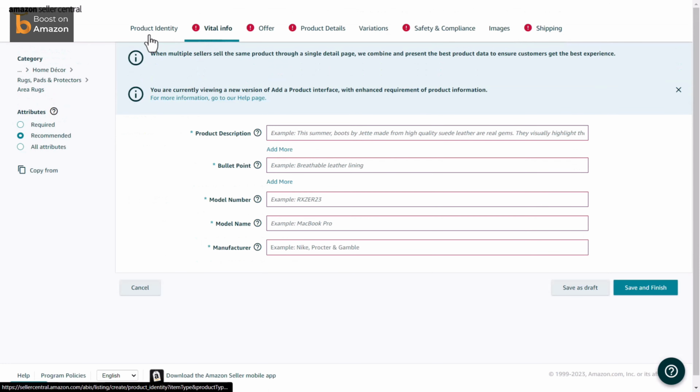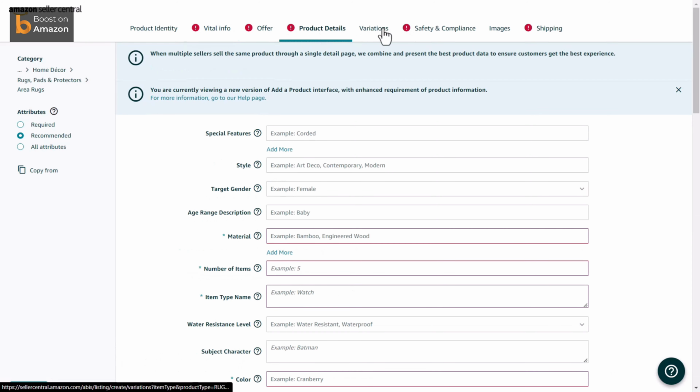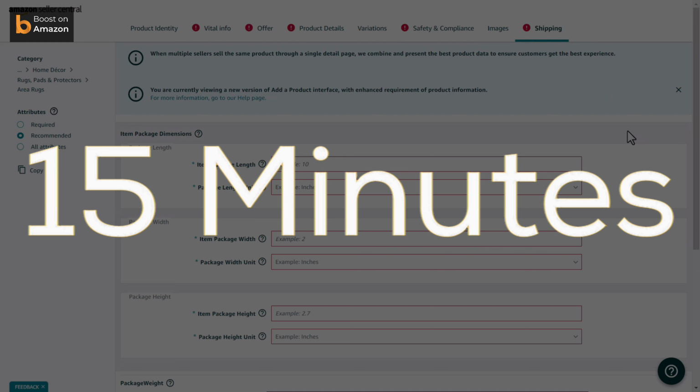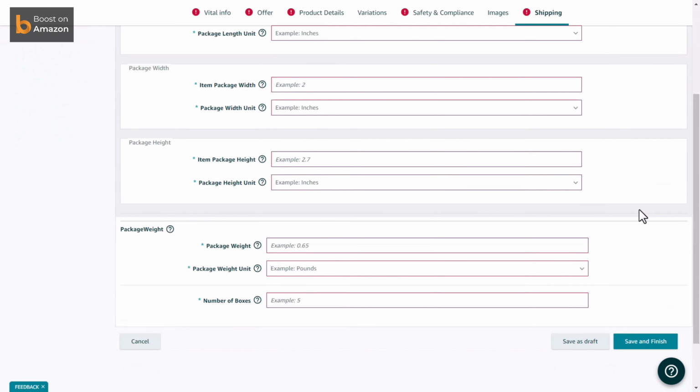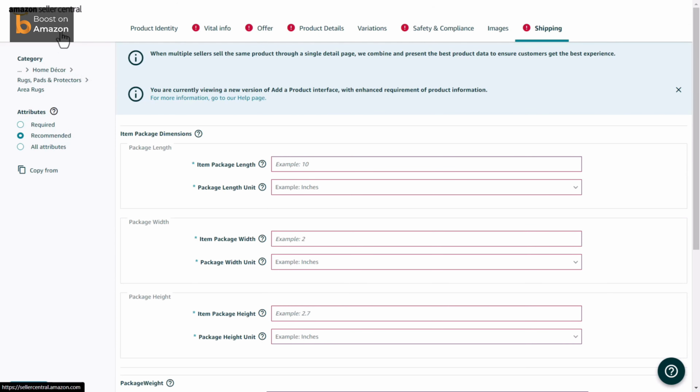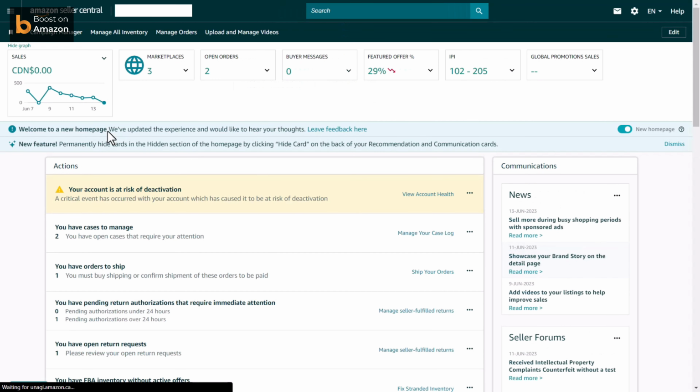After filling up all the mandatory fields, please recheck them once again and press the save and finish button to complete the process. It will take a maximum of 15 minutes to publish the items if you are not getting any issues. To list multiple products at once by using a bulk file, go back to the home page and click